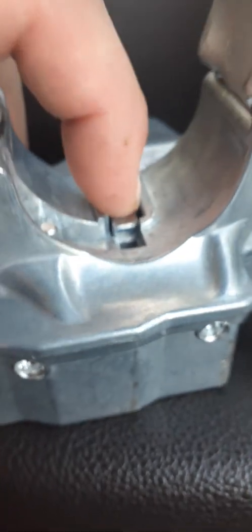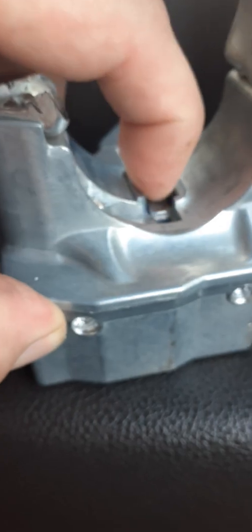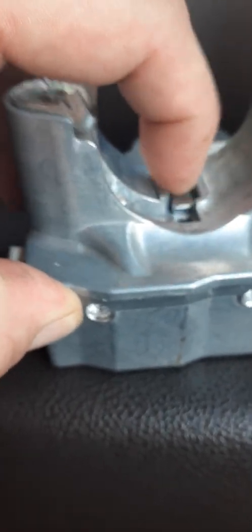And so this is the actual locking mechanism. So you can see it's out, and it's spring loaded, and it pops up. And there's probably a recess under here on the steering column that it would lock into. So I have this part off. I have it drilled out,